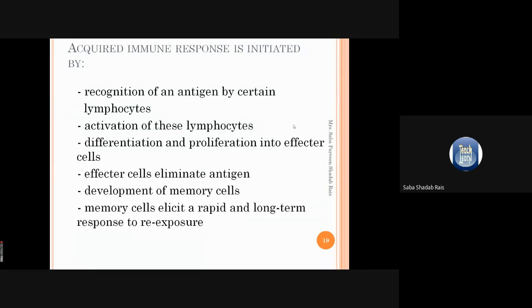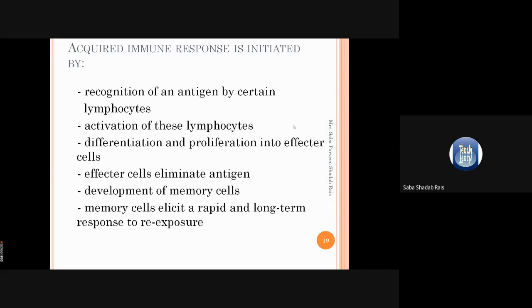this antigen will not interact. Directly, the antigen cannot talk to or be recognized by the lymphocytes. For that, they require some type of helper molecule. These helper molecules are known as the major histocompatibility, that is MHC, complexes. And once the activation of this lymphocyte is done, after activation they